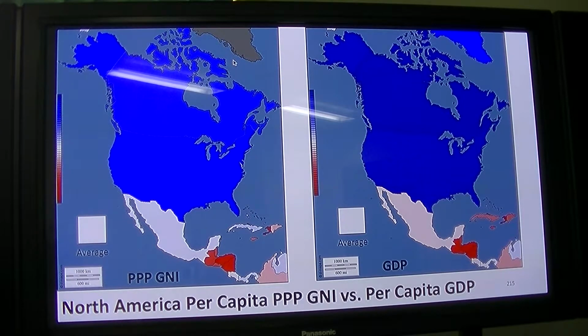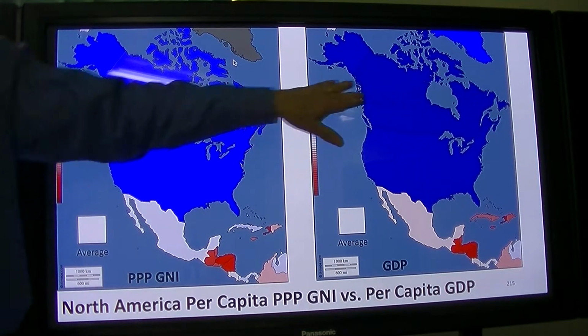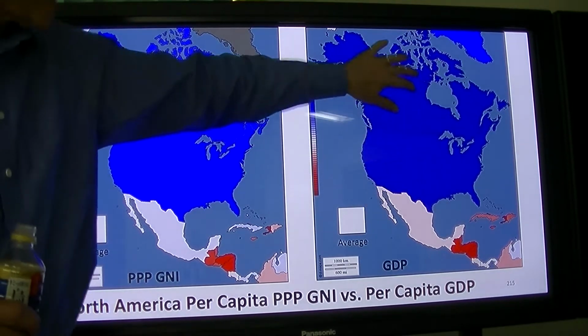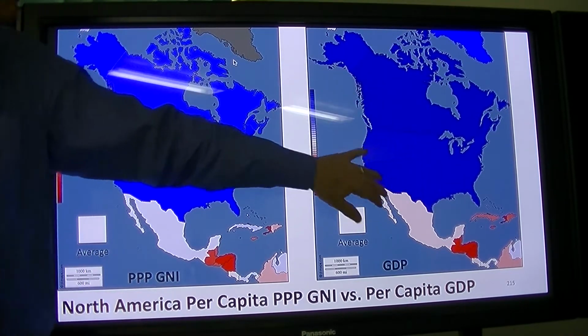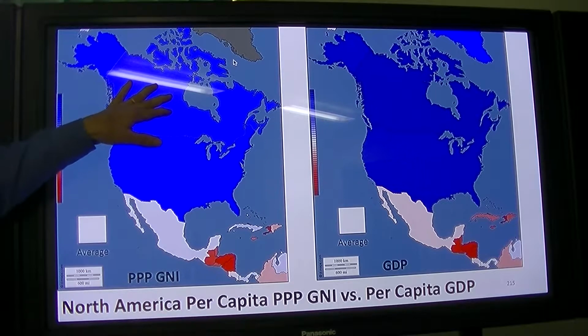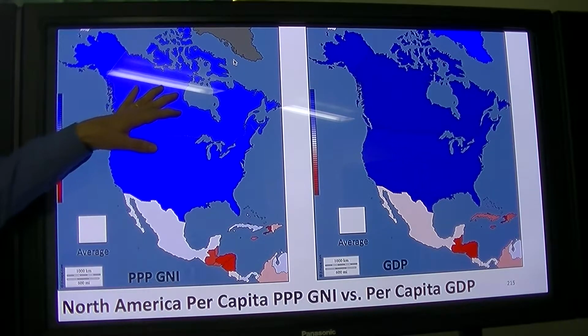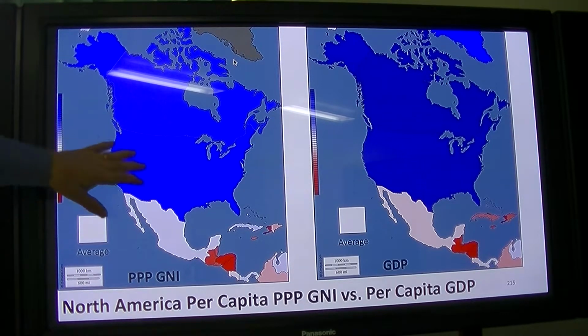You see again, they're about the same in terms of per capita GDP, but Canada is lower. Taxes are higher, prices of goods are higher in Canada. So even though